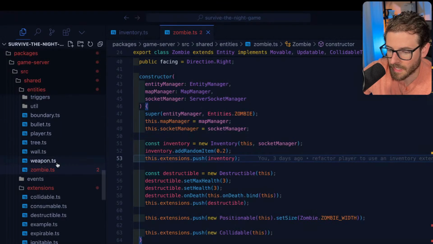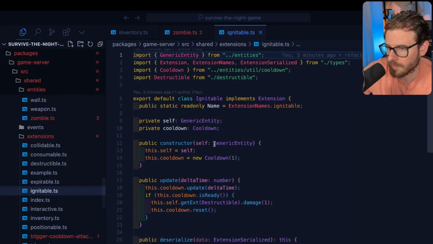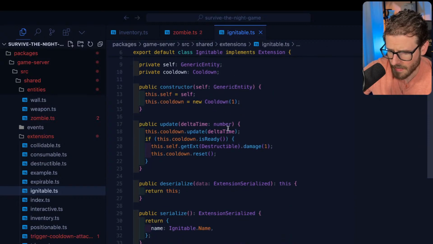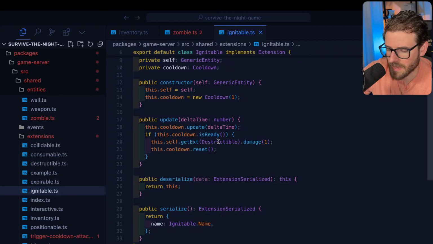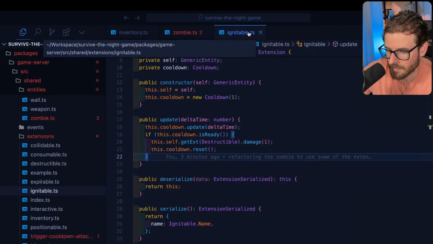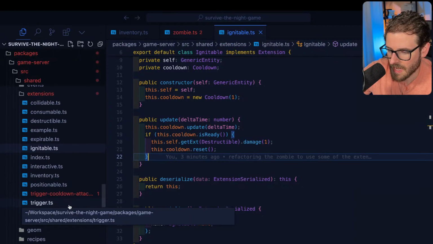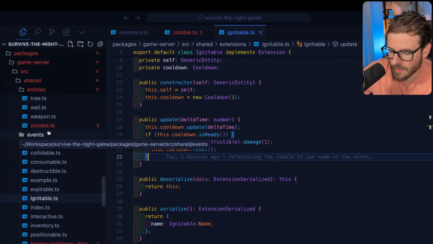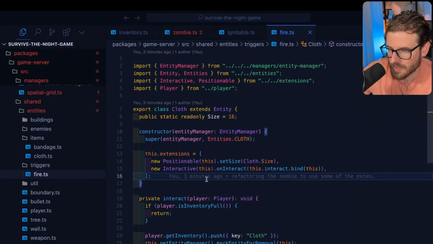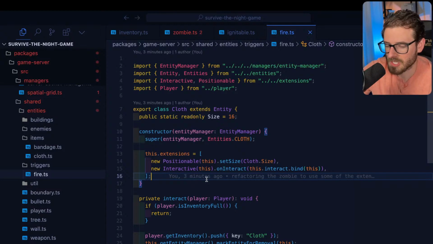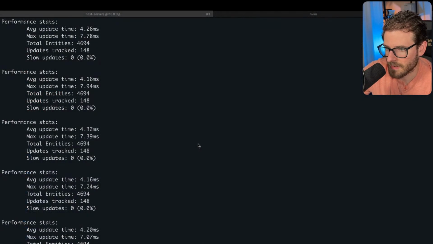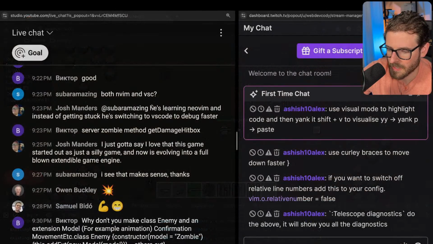I was trying to add an ignite extension where if you walk over fire, maybe the zombie will catch on fire. And so this basically has a cooldown that does damage over time on the thing that's on fire. It's just a matter of I have to go and hook up to the client so I can render a flame over the zombie if they become ignited. And then I was going to add a fire entity on the ground. So if someone walks over a particular location, they'll catch on fire. So I think that'd be really cool to kind of stress how this setup works. But it's been a lot of fun.